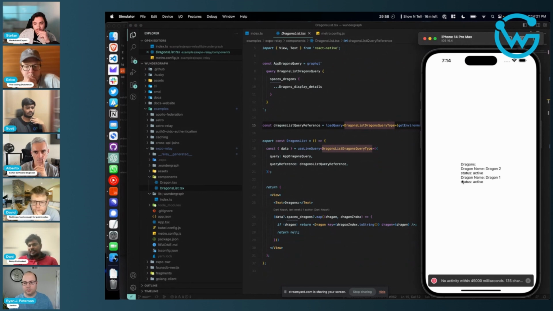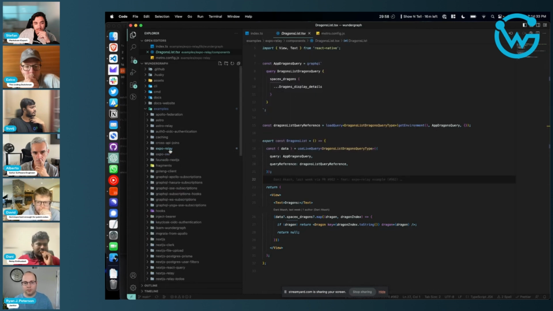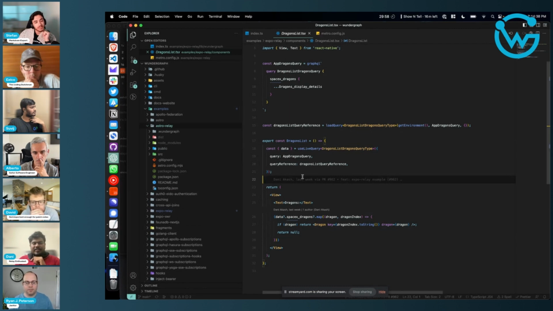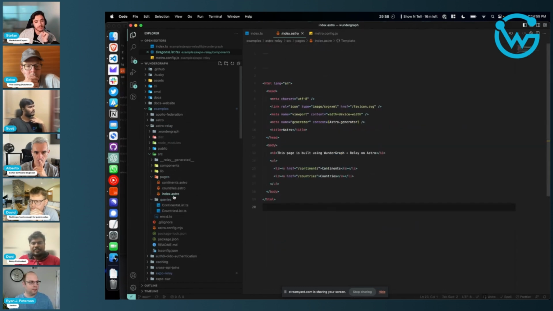So this is the iOS app that is built using the Expo integration, and it also has live queries built in. And to add to this support, we also added Astro support into Relay. This is a very interesting integration because Relay is built around the whole React ecosystem, but Astro is more of a server-rendered framework. So after a few test runs, we built an experimental integration which basically adds Astro into the Relay